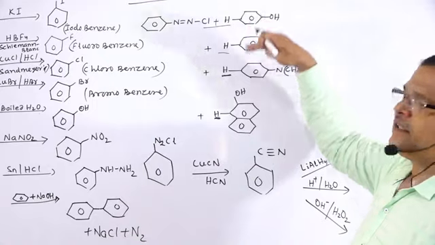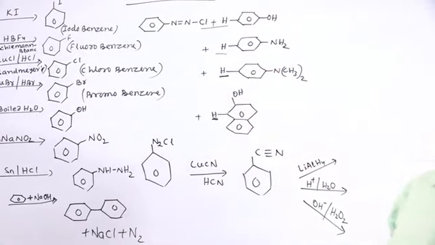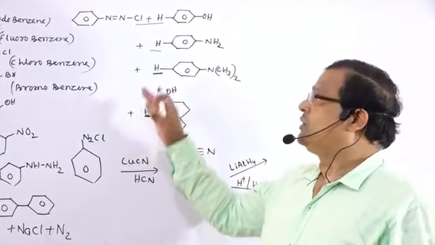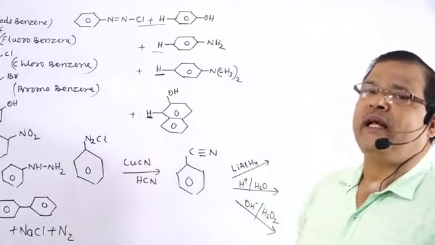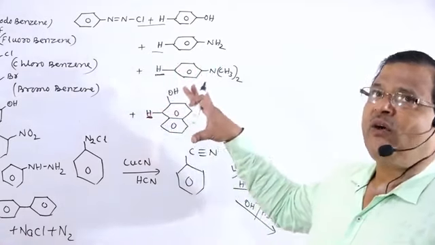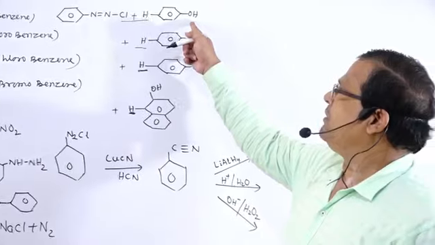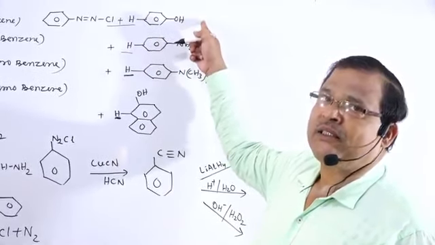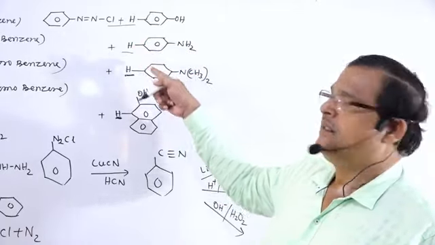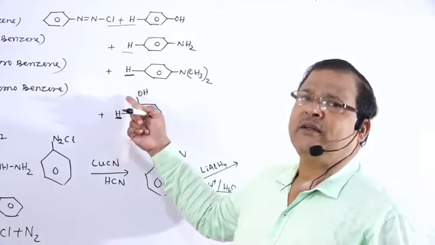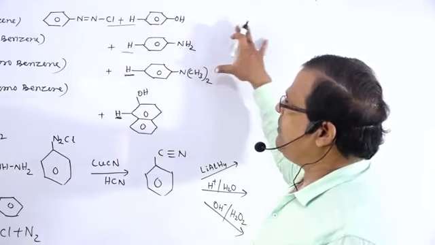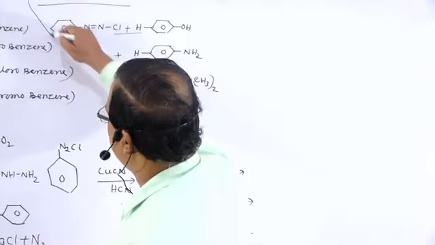In all these cases, there is the formation of colored materials, colored dyes, that is, the formation of azo dyes. This reaction is known as the coupling reaction, and it takes place either in presence of acid or in presence of base. With phenol, this reaction takes place in presence of base. In case of aniline, it takes place in presence of acid. So what are these products? These are colored products.